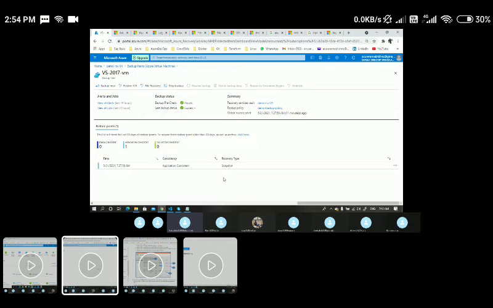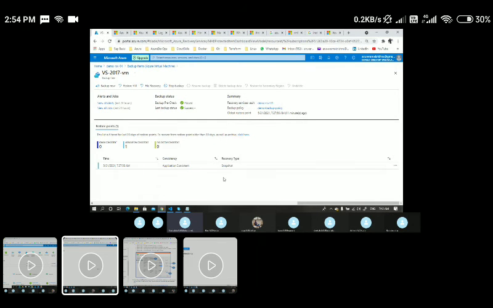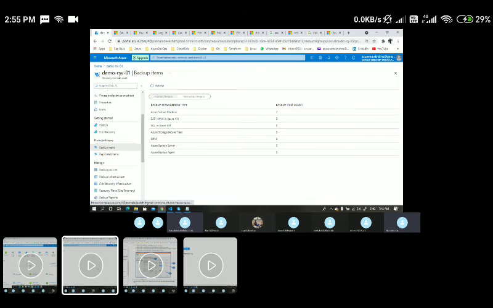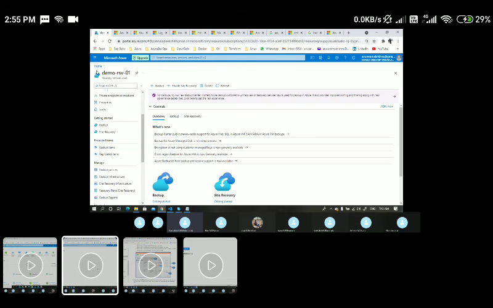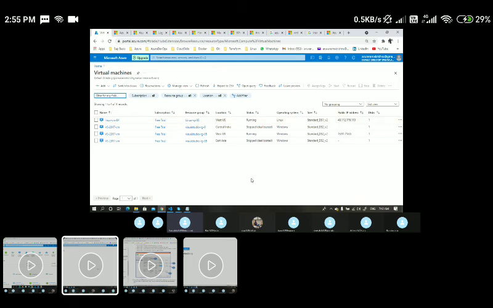What happens to the IP address when you restore, when you create a new VM using the backup? Can you retain the old IP or is it going to be assigned a new IP? I think, let's say, for example, we can retrieve the old IP also. How do you specify that? Do you have an option, because I don't see an option to retain the IP address.